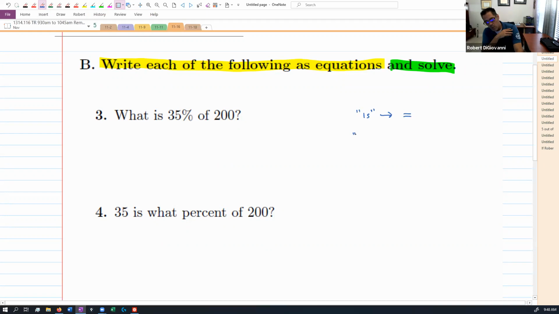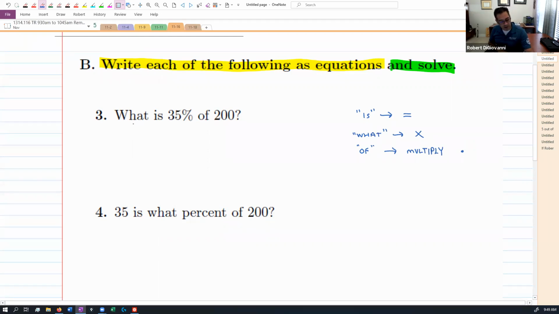If you see the word what, that's the thing you're looking for, and so we will let that be X, or a variable. That's not a multiplication sign, that's the letter X. If you see the word of, that usually means multiply, which I'll just use a dot for multiplication. All right, let's start with that and see if we can translate this word problem, or this statement, into an